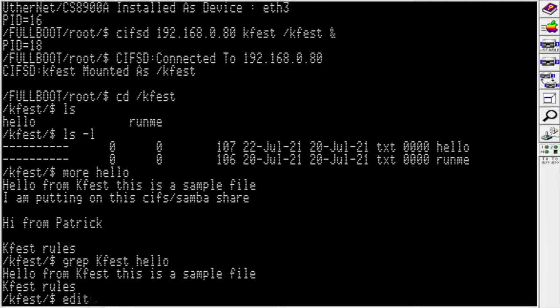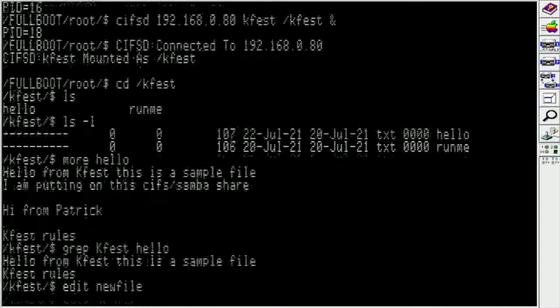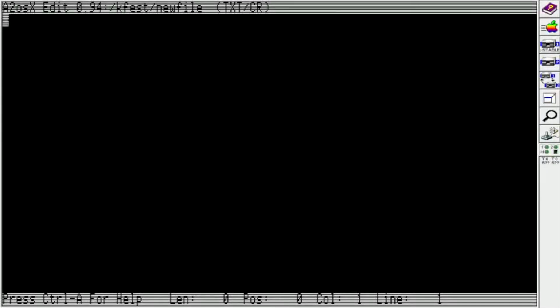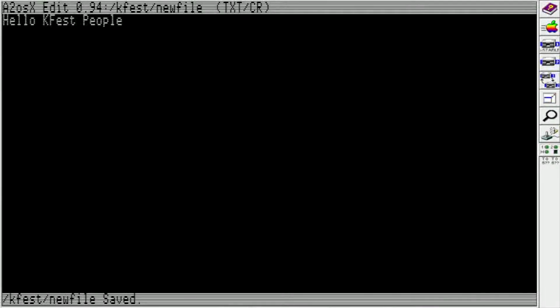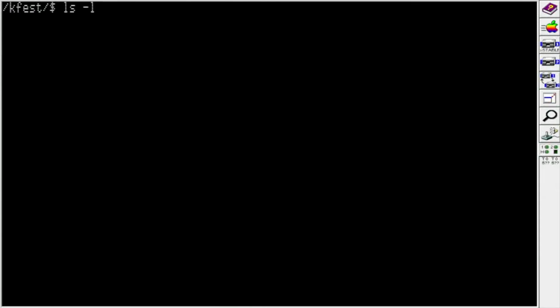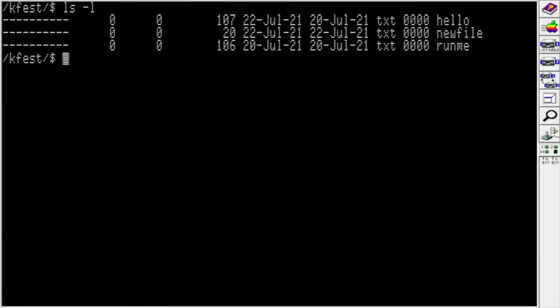Or we can edit a new file using the standard A2osX text editor. Save it out. And if we do a listing of our volume, we now see the new file,